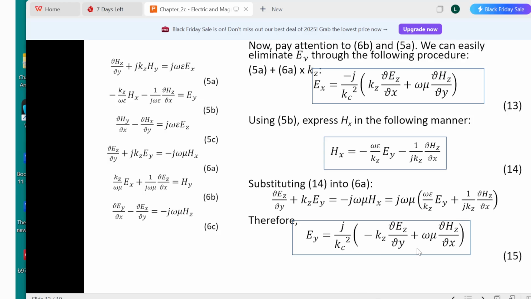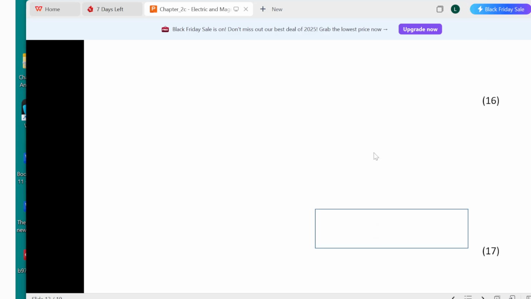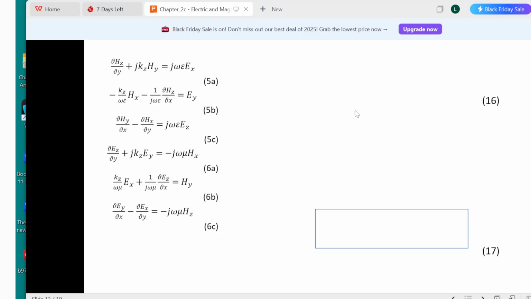So E of y has its own expression. There's a lot of algebraic manipulations here. So similarly, we can express E of x